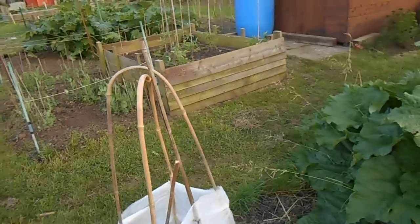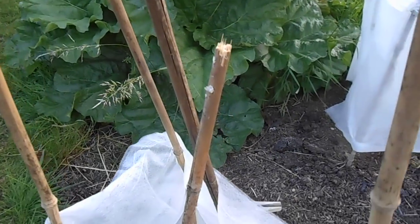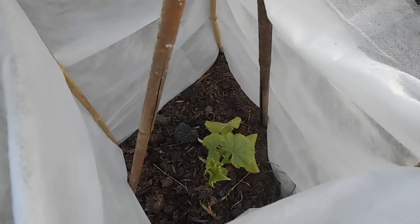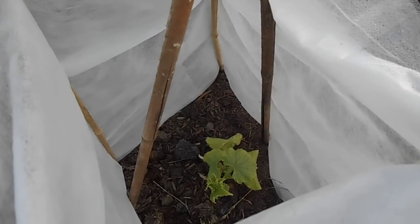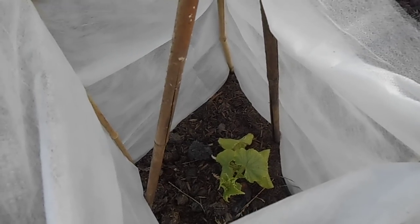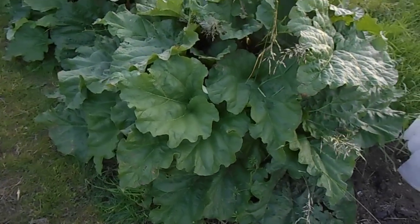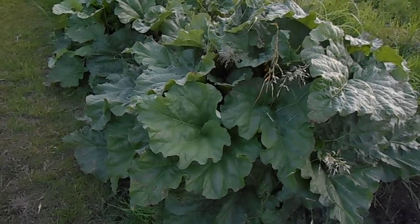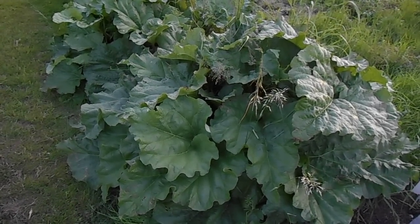the Market More cucumber is doing brilliant, so I think we'll take these down now, let the sun get to them. But as you can see, he's starting to grow away at the top, and I'm going to try and grow him up as opposed to just letting him do as he likes. Hopefully we'll get some nice cucumbers. Rhubarb, again, it's gone ballistic with the rain, so there'll be a bit more to take off that, I think. I'm going to have to go, and I